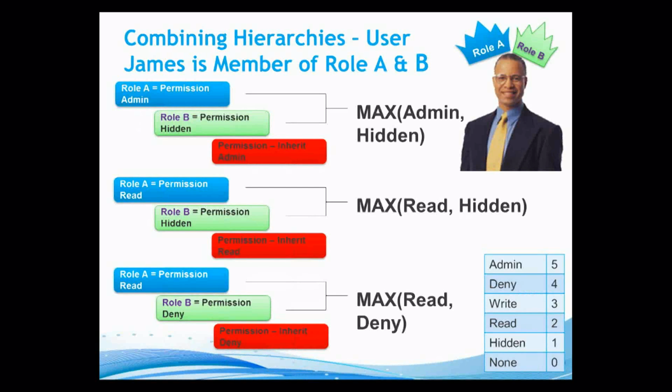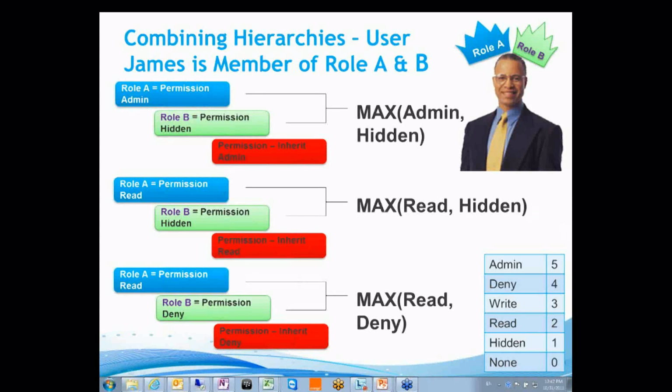And you'll get this presentation, but just write it down. First rule was same role, take last unless admin. This one is max of read and deny if these are different rules. Now our third rule is talking about what happens if